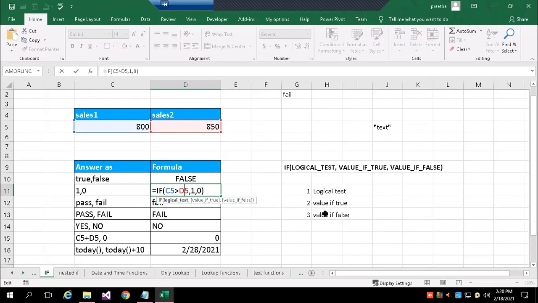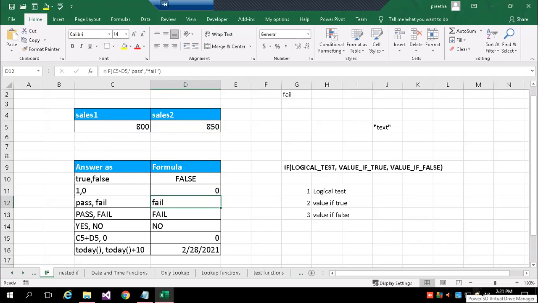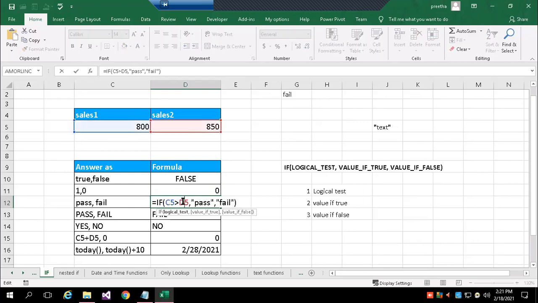Comma, value if false, the third argument: I've written 0. After evaluating the condition, 800 greater than 850 is false, so I'll get the result as 0. Similarly, I'm comparing and if true, write pass, else fail. As per the current value it is false, so I'll get the result as fail.